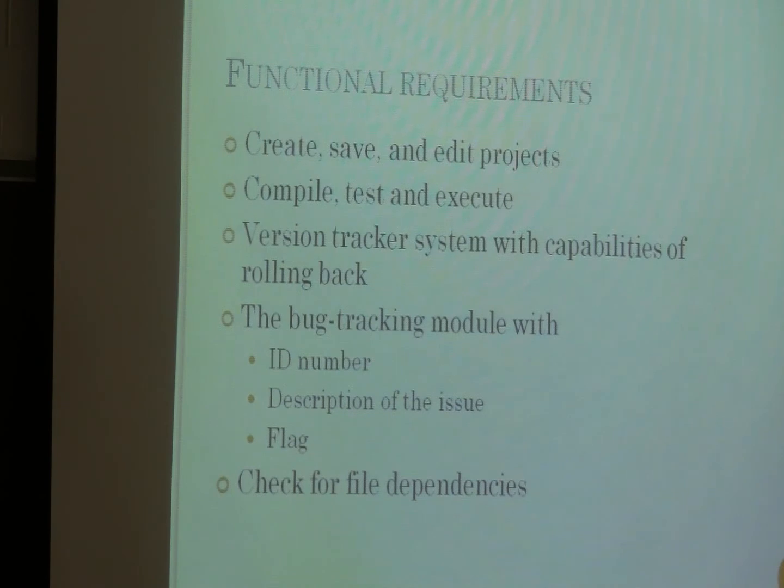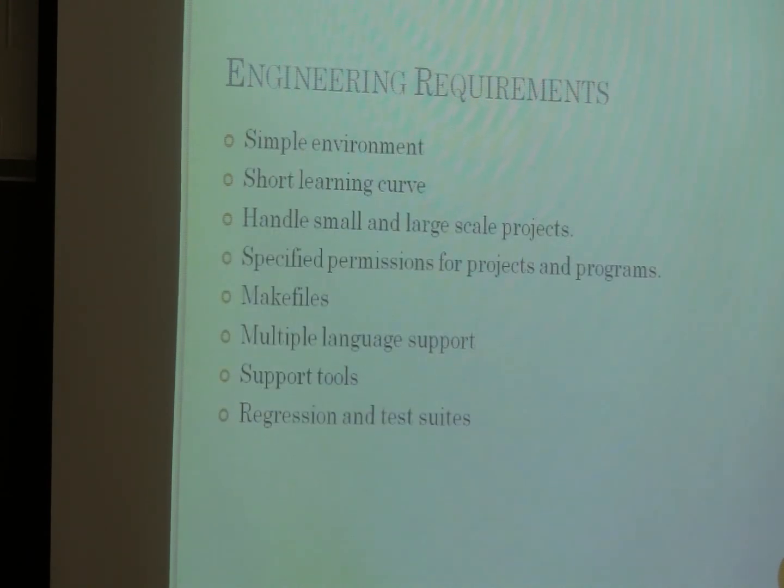Also a feature to look for file dependencies if you're working on a project that is calling from some library or something else. Engineering requirements: trying to keep it simple without